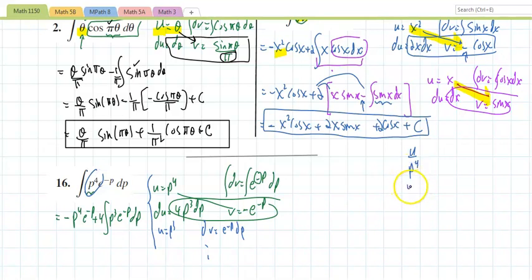You take a derivative, 4p cubed. If I was to take another derivative, that's 12p squared. Another derivative, 24p. Another, 24. So I keep on taking derivatives until one of those disappears. And if I let dv equal e to the negative p, then if I integrate, divide by negative 1. If I integrate, divide by negative 1. If I integrate, divide by negative 1. If I integrate,